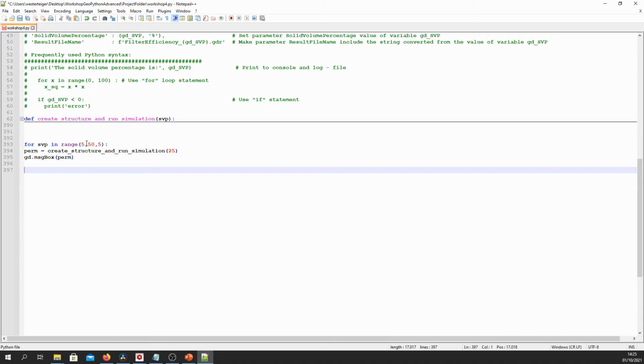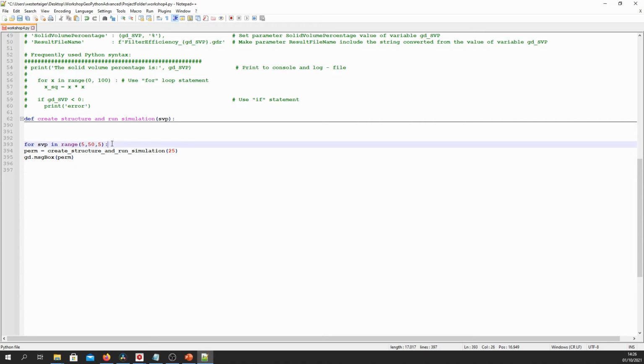Now what this does is it varies the SVP value in a range from 5 to 50 with a step of 5. And so it starts at the value of 5, increments that by 5, so it's 5, 10, 15, up to but not including 50.